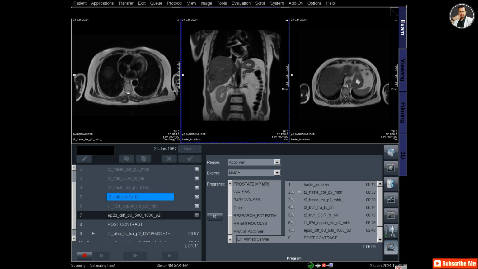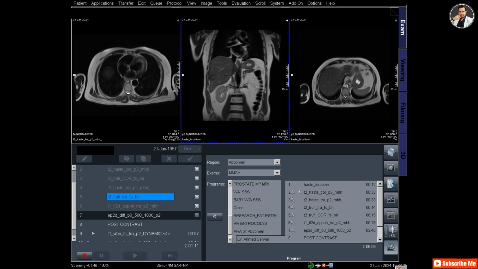So diffusion weighted image sequences have 3 B values: 0, 500 and 1000, and it's preparing, and I am waiting to restart this protocol.